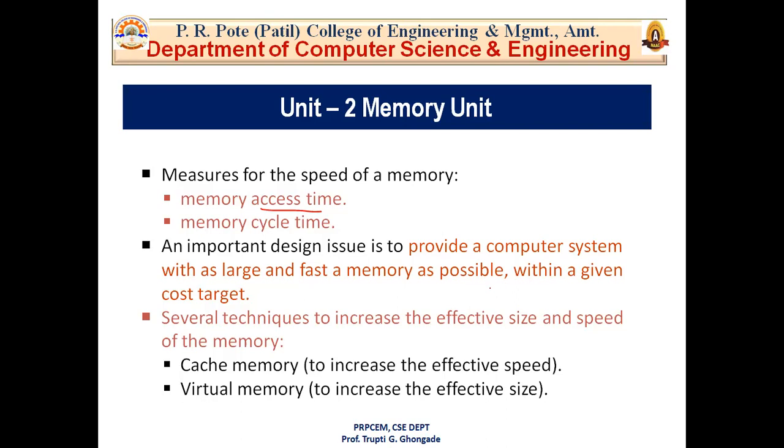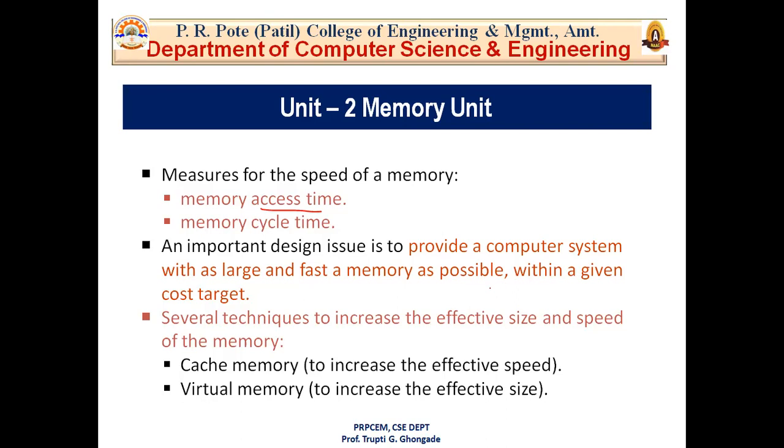Your memory unit is also called random access memory, RAM. Any location can be accessed for a read or write operation in some fixed amount of time that is independent of the location address. This distinguishes such memory units from serial or partially serial access storage devices such as magnetic disks and tapes, where access time depends on the address or position of the data. Now we have discussed two important terms for measuring the speed of memory: memory access time and memory cycle time.